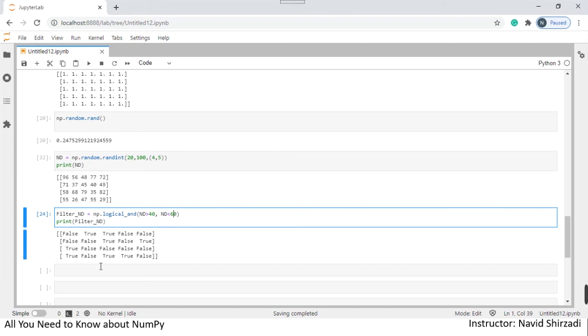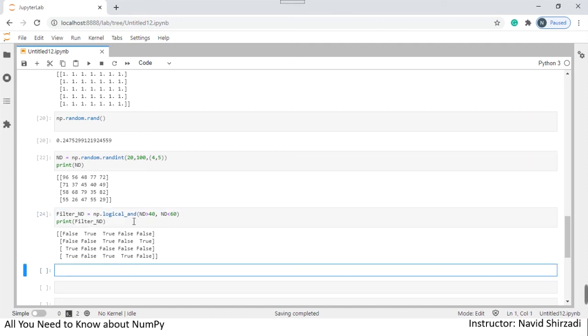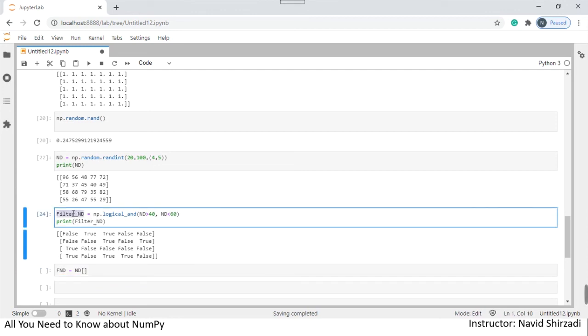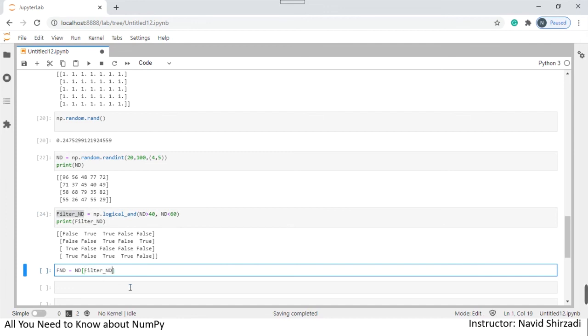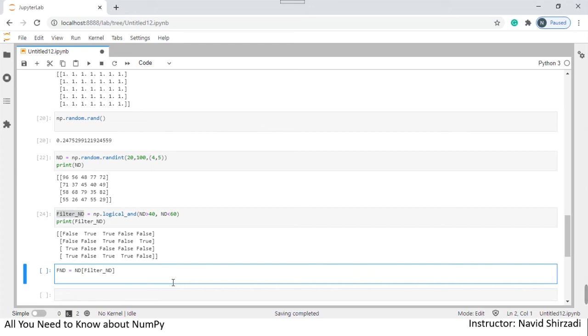But I don't want this array. I want to filter them out. I want to see the numbers that are true, for example. So to filter them out, it's very easy. Just say, for example, f underscore, let's say f and d is equal to, this time I use the ND that I created, and inside the brackets, I'm saying I want to implement this filter ND. So I just copy it here and paste it here. So that's it. If I just now print the